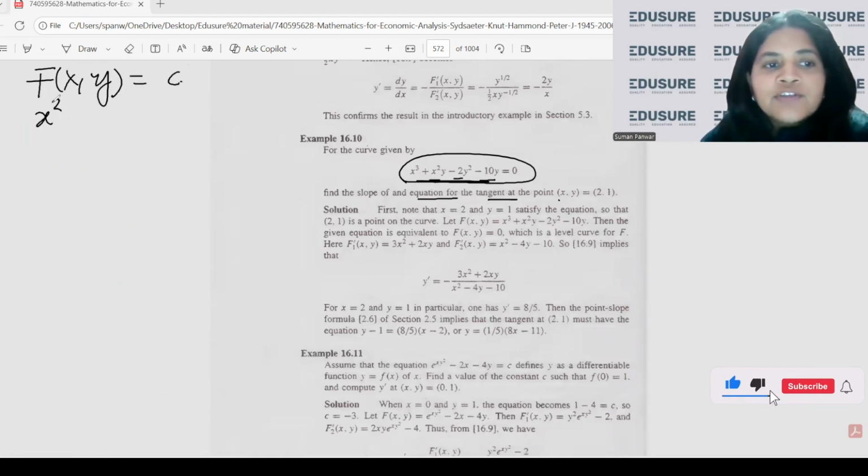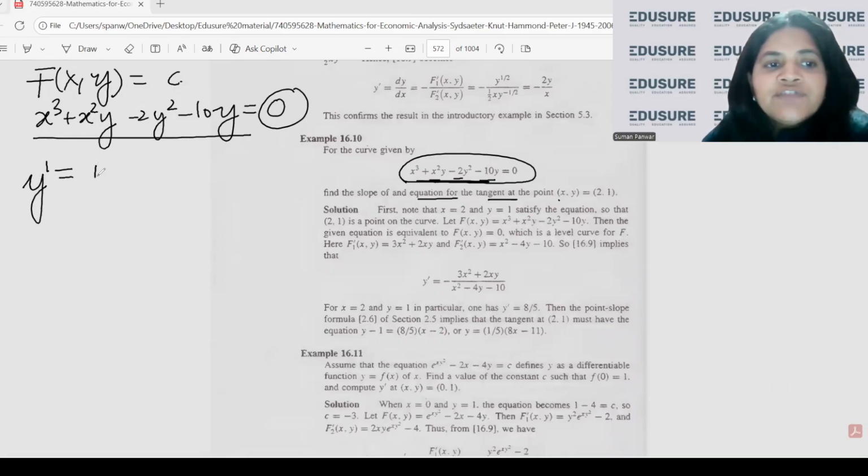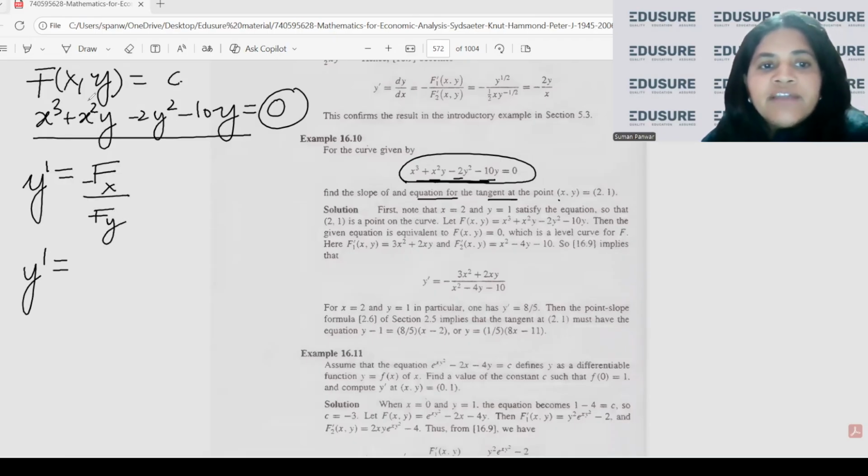That is x cube plus x square y minus 2y square minus 10y equals to 0. So this is my c, this is my f(x,y). So y dash will be minus fx divided by fy. So let us calculate the partial derivative with respect to x. So that will be 3x square plus 2xy, and then with a negative sign divided by the partial derivative with